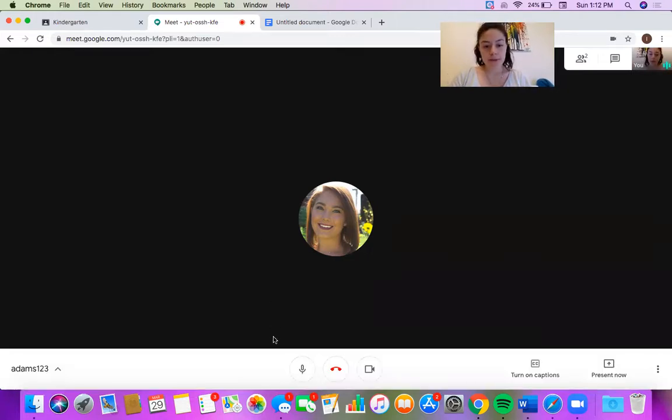If you go to the bottom here, this button, if you click it, it will turn off your microphone. So let's just say the pizza man is at the door, he's delivering your pizza, and there's a lot of noise in the house, and you just want to mute your microphone so the whole class doesn't hear. You can click your mute, turn off microphone, and no one will hear you. And then when you want to join us and come back, you can click that again, and it'll turn your